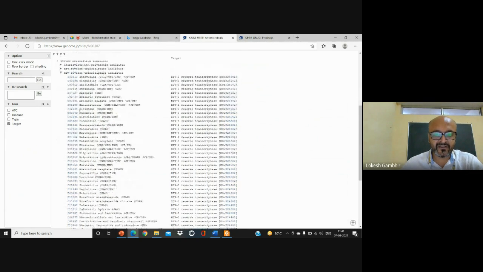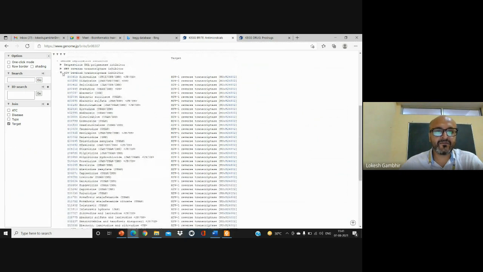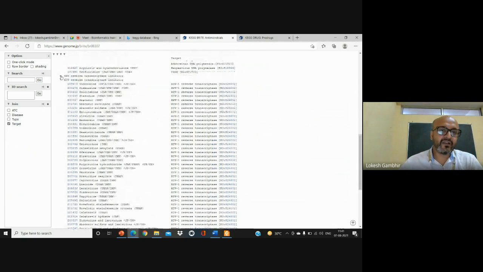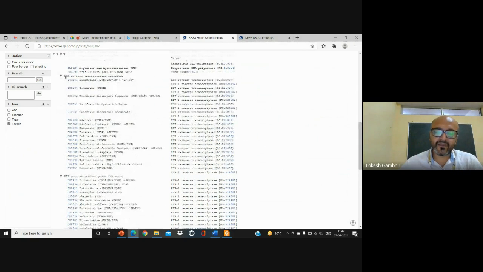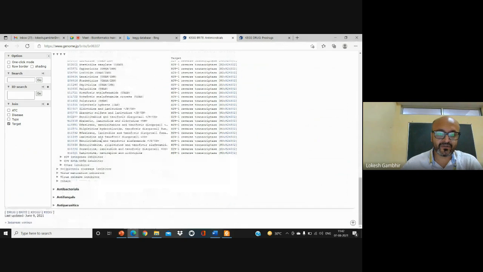You will find the complete list of antivirals that can inhibit the reverse transcriptase enzyme, whether you're talking about HIV, or a DNA polymerase inhibitor like acyclovir, again a base analog that is inhibiting the DNA polymerase, or HPV-mediated inhibitors. So the list is there. Whenever we want to target, we first go to this kind of encyclopedia to understand what the inhibitors are and which specific inhibitors we are talking about.